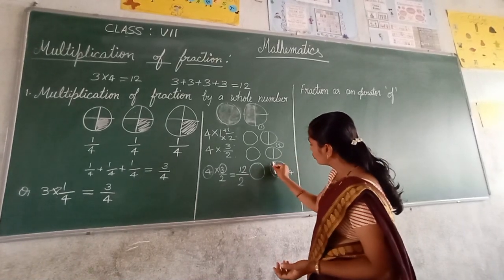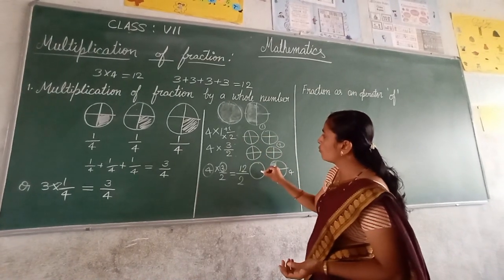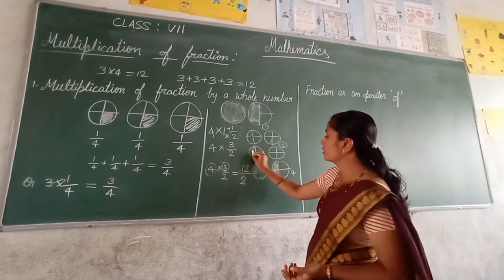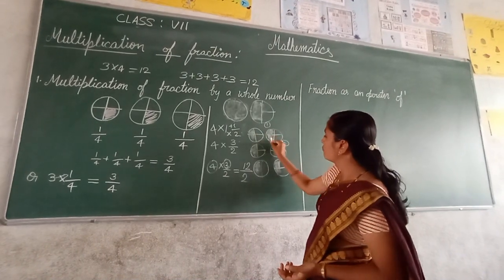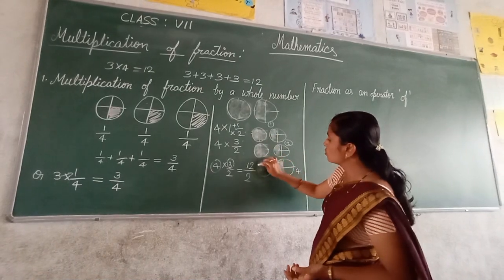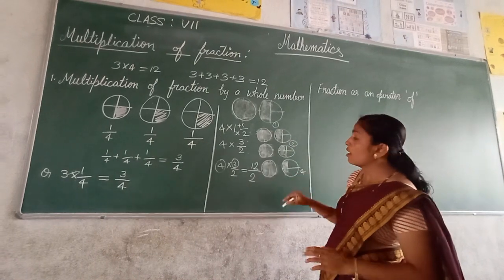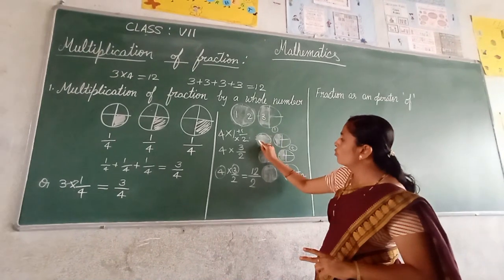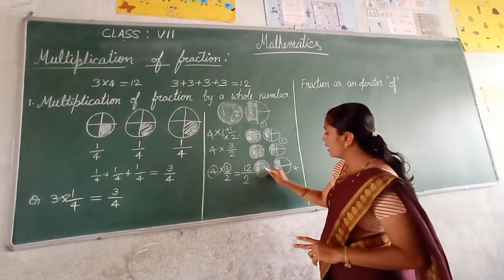Here the shaded part you have to calculate. In the shaded part, the number of parts will be 4. Half of the thing, they have considered half. 1 and a half, 1 and a half, 1 and a half. So how much total first? These are 1, 2, 3, 4, 5, 6, 7, 8. But half of the part. Here 1 part, 2 part, 3 part, 4 part, 5 part, 6, 7, 8, 9, 10, 11, 12.